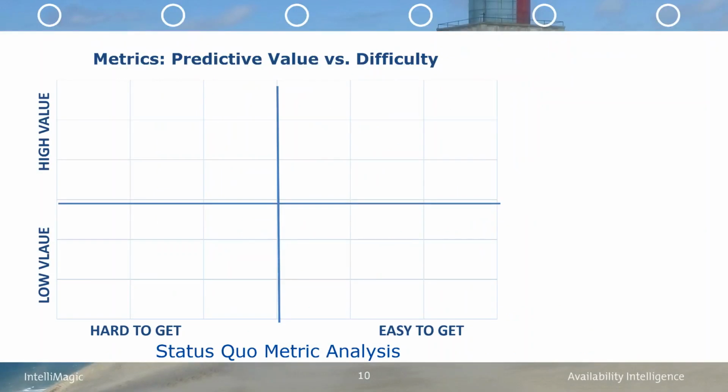another way to look at this, if you like charts, is what are the high-value metrics that are predictive in nature, and how hard are they to get? Some things are very easy to get, like response time. Everybody knows the response times for different workloads on a data set basis, volume basis, sysid basis, whatever. Throughput is actually a better indicator of how much work this subsystem is doing and gives you a better understanding of what's going on.